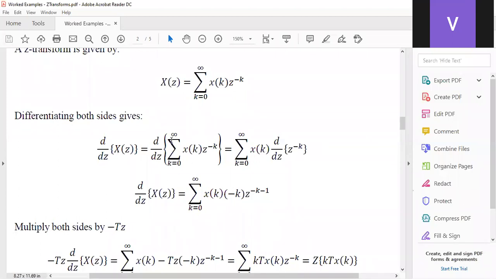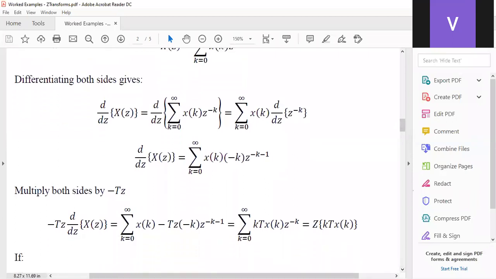So you get this. Then here, you are just shifting dz over here, so instead of it being here, you just shifted it to this point. Then now we differentiate z minus k. When you are differentiating, minus k will come down, then you put minus 1 here. So you simply have this. Then you multiply both sides by